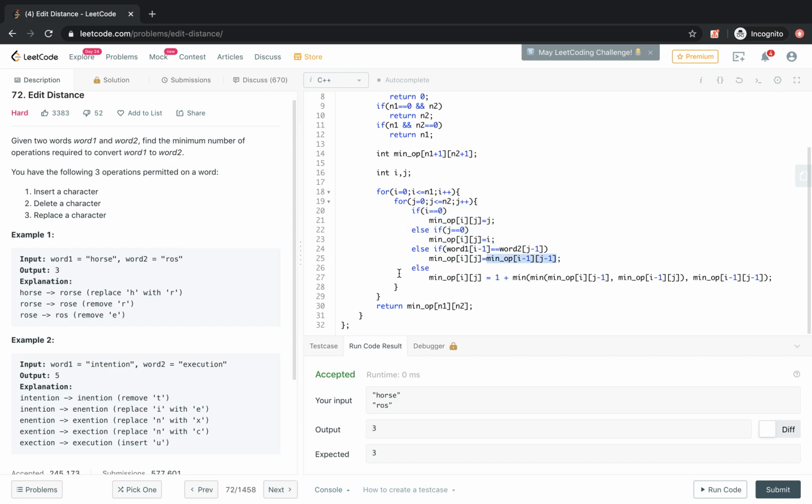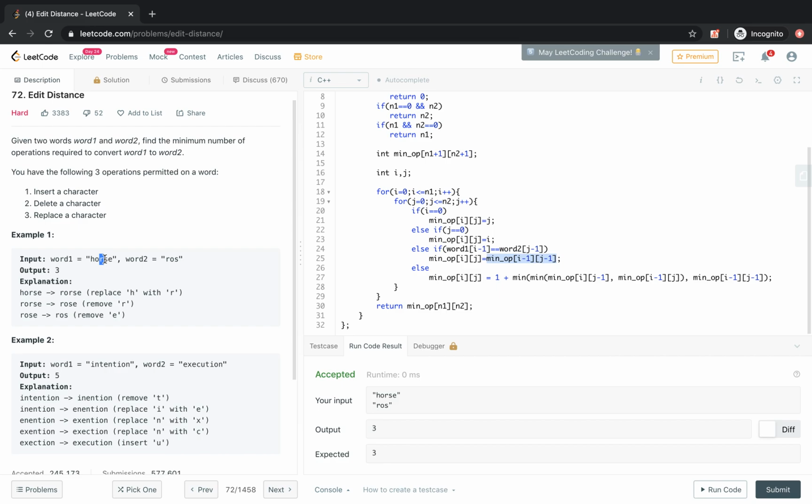Third one, if it is not equal, then we have to consider all the three possibilities, and whichever is the minimum we have to take it plus one. Like if we come for the third character, then we can think of either we will just remove this one, or I can insert, or I can replace the character.